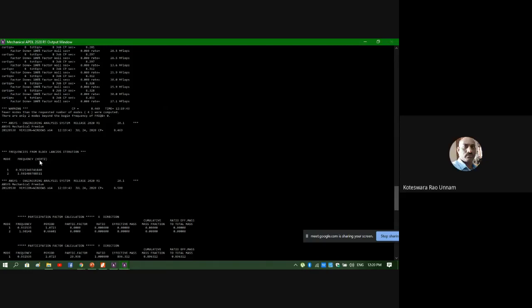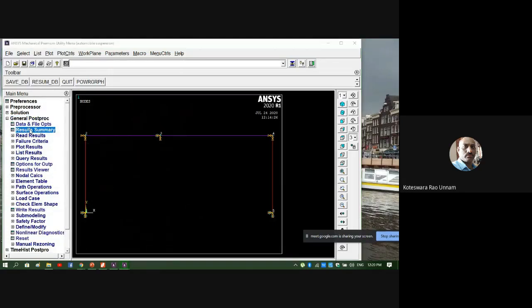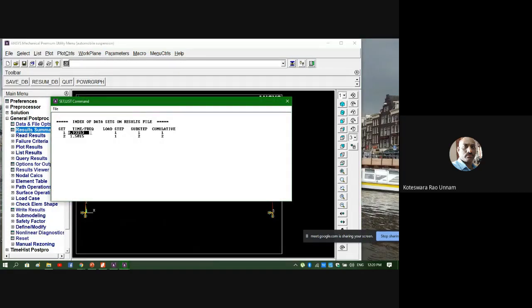Now, what are the units for the frequency? Here he has mentioned Hertz. So first frequency, what is the value? 0.93253. Second frequency is 1.50148. Yes. So those are the frequency values. So you can see those values here also. The only reason I showed you the output window is to identify what the units are. Here in this table you don't get units. Only the frequency values are there: 0.93253 and 1.5015. So these are the 2 frequencies.